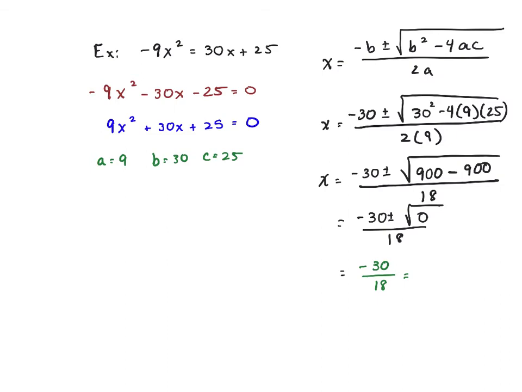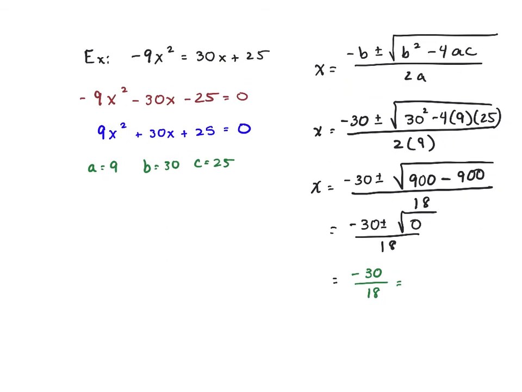These guys are both divisible by what? 6. So negative 5 over 3. We only ended up with one answer, and that means we have multiplicity. That means this graph, if you look at the other video where I explain it, will touch the x-axis at negative 5/3, and we call that multiplicity